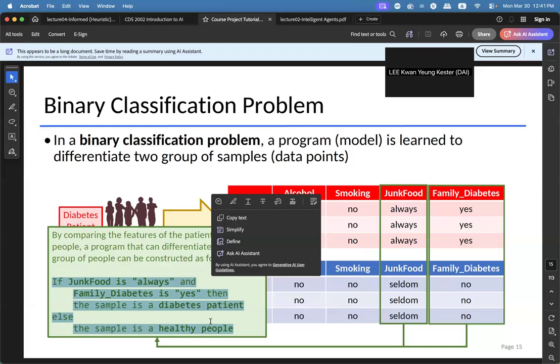Okay, so in the junk food attribute, the diabetes patients will always have the value of always, and the healthy people will always have the value of seldom.